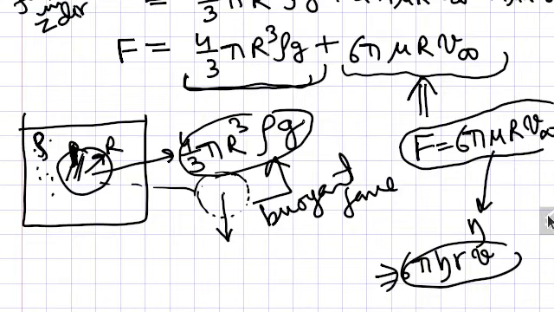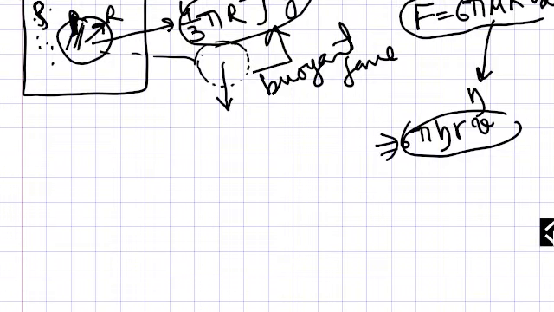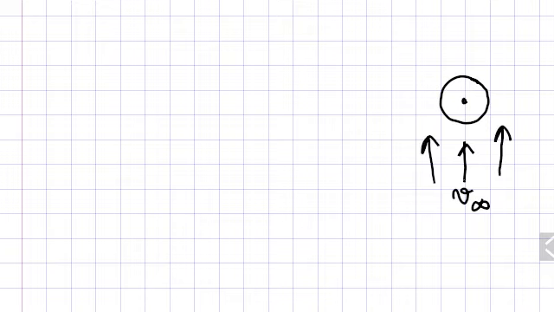Welcome students to this new part of this series in which we are discussing the forces or the motion of fluid around a solid sphere. And in the last lecture, as a recap, there was a sphere in a fluid which has this velocity. So if this fluid is going in this direction, it will put a force F on the sphere.